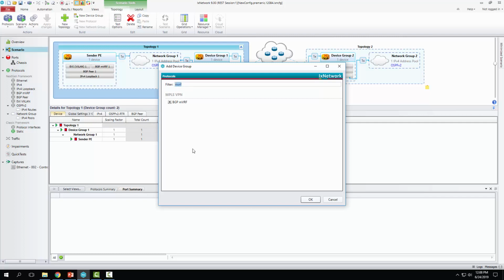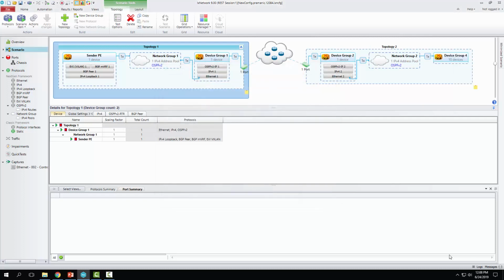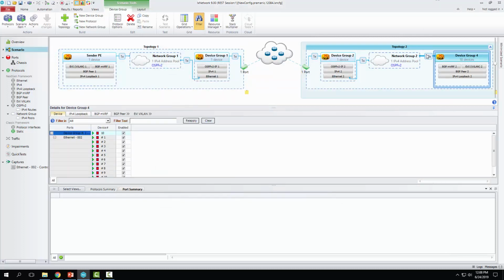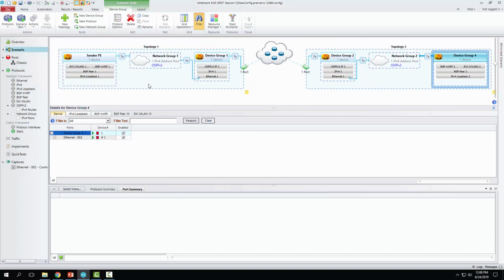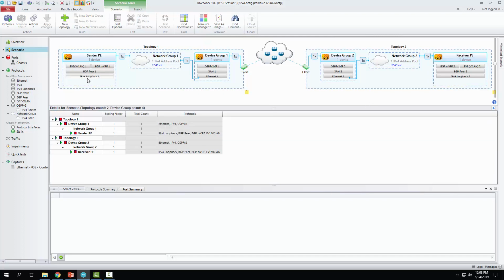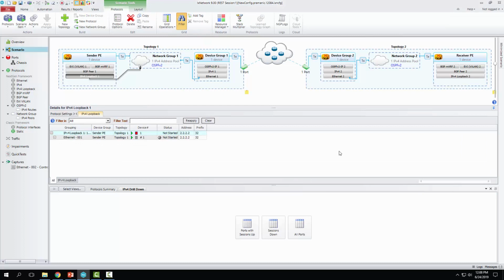Just as in previous case, I would choose MVRF as well as EVPN VXLAN to create a receiver PE. Let me change this multiplier to 1 and then rename this device group to receiver PE. Okay, let's assume sender PE's loopback IP is 2.2.2.2 and receiver PE's loopback IP is 1.1.1.1,